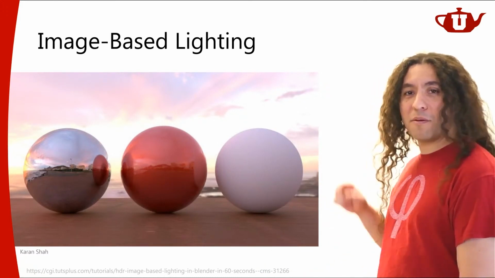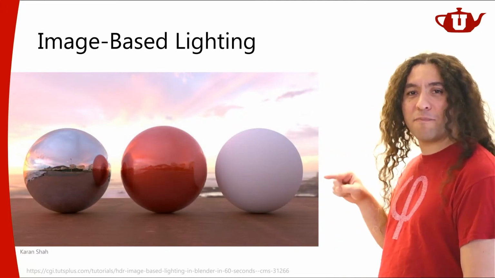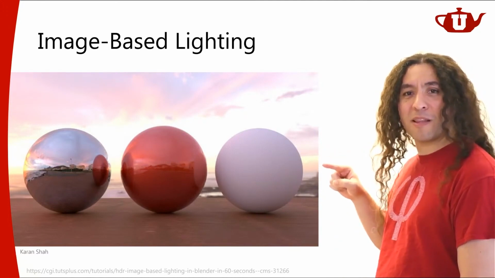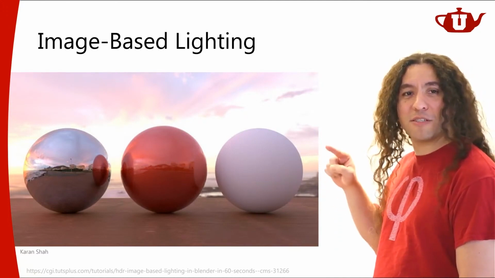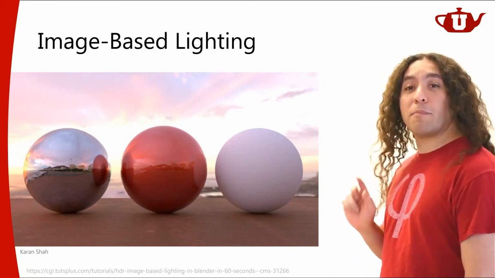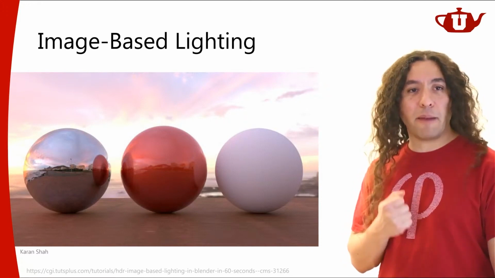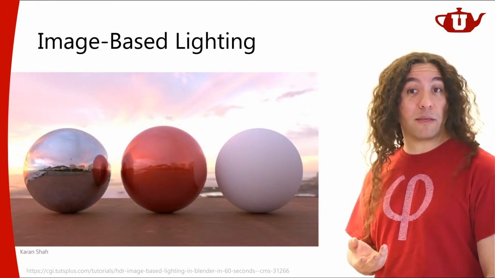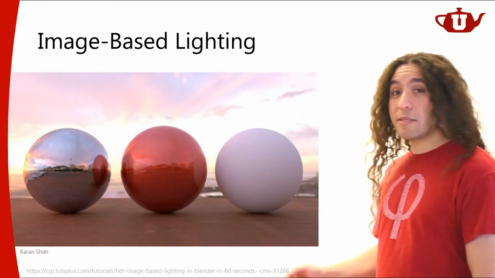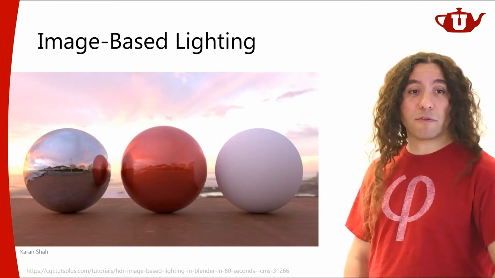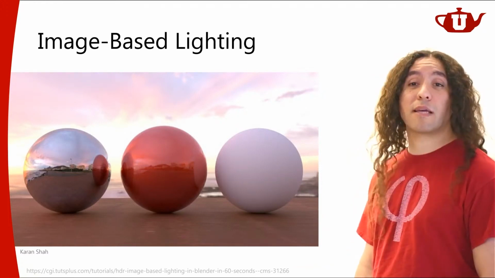And if you look at this white sphere, you see some color variations, color changes. It's very subtle. But these kinds of subtle differences are what actually sell this image and make it look realistic when you look at something like this. So image-based lighting is a very, very powerful tool for generating realistic images.